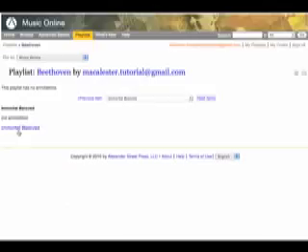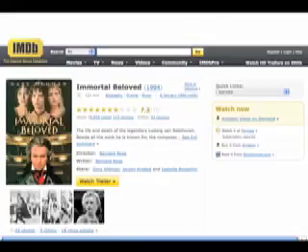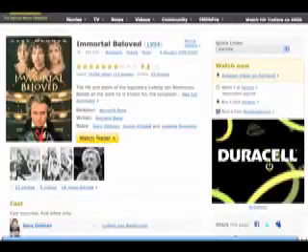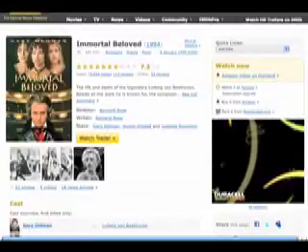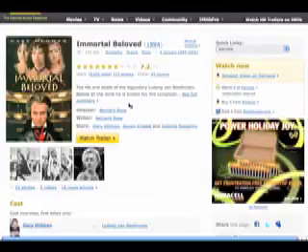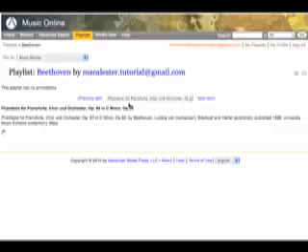The final item is an outside link. So if we go ahead and click on the blue text, it will bring us to our link, which in this case is the Internet Movie Database, and it links us directly to the movie Immortal Beloved, which is about Beethoven. After you've gone ahead and talked about it, you can click back and it'll bring you back to the